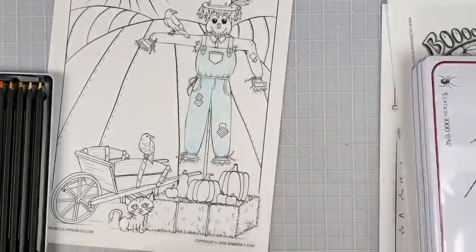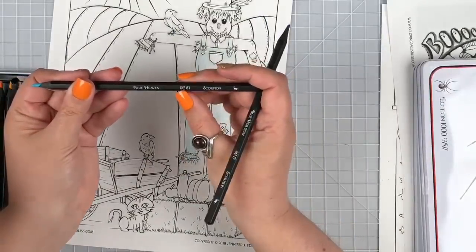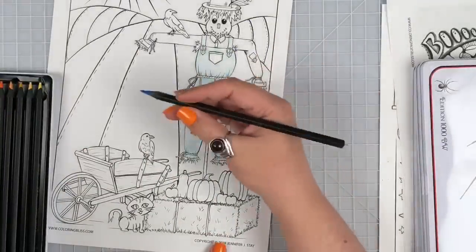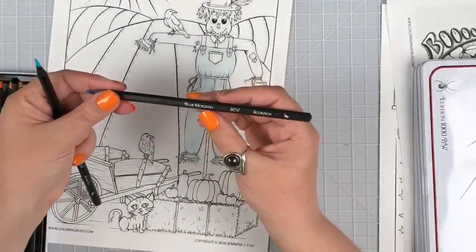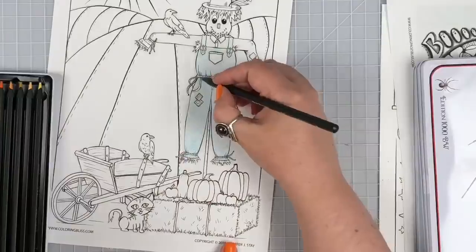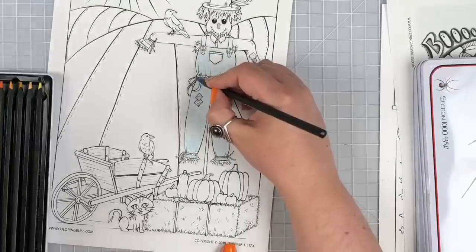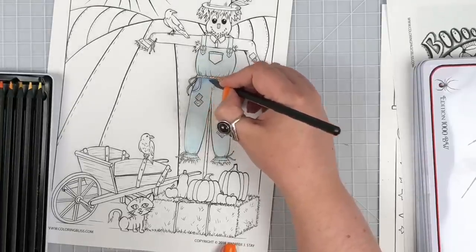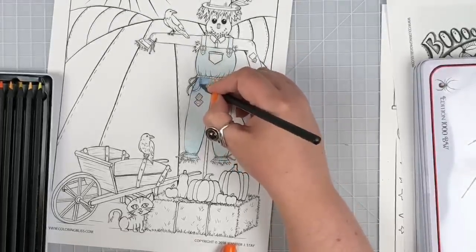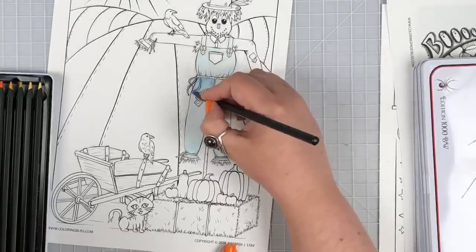Okay, we got the first light layer of the Scorpion SC51 Blue Haven color, which is what I ended up picking. And then this is the actual color I think is going to make for a good denim color. This is Blue Horizon in the same set, Scorpion. So now I'm going to go in and wash into the shadows with this color. But this is going to make our denim look really bright and new. And eventually I want to make this look like a worn out pair of